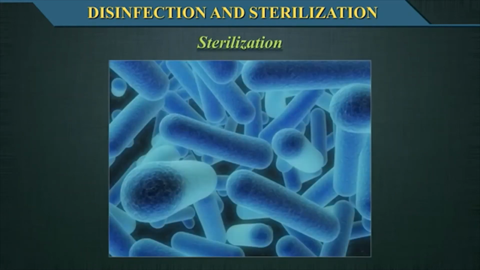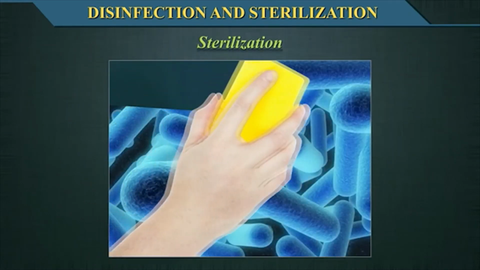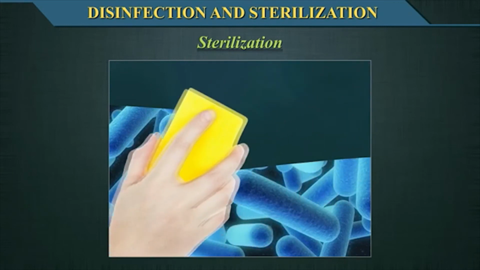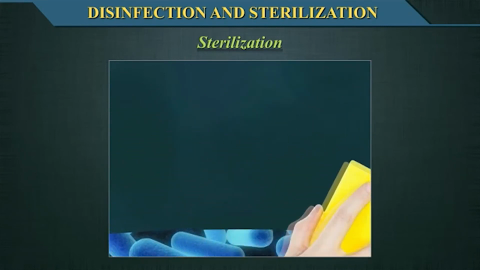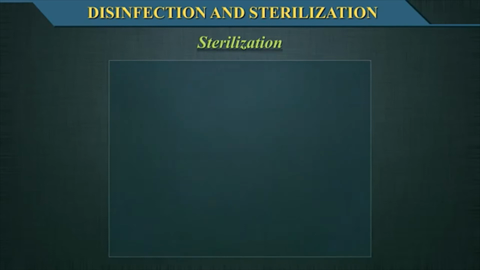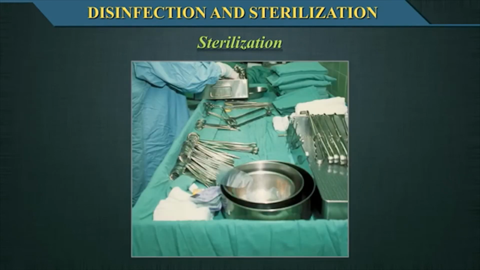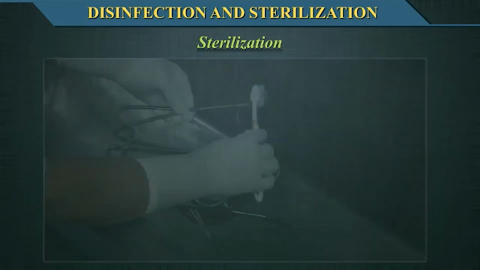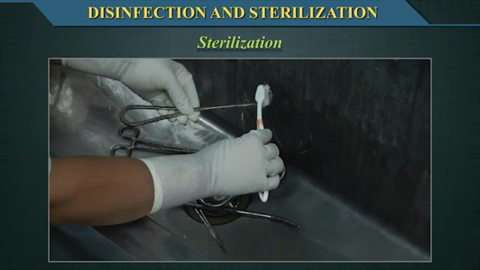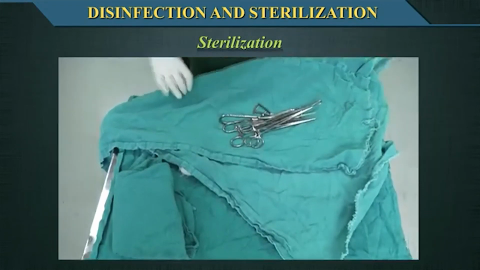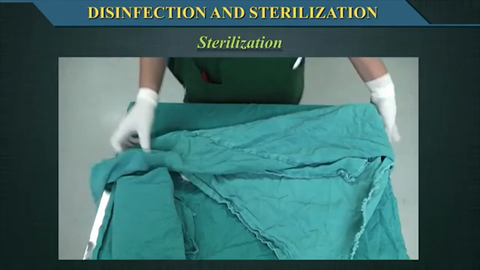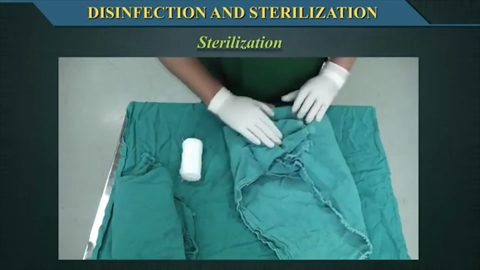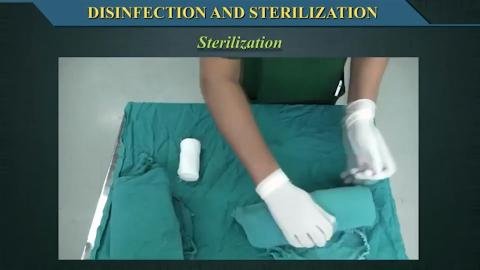Sterilization. Sterilization is the destruction of all microorganisms and can be achieved by either physical or chemical methods. Sterilization is necessary for medical devices penetrating sterile body sites. Cleaning to remove visible soiling on reusable equipment should always precede sterilization. All materials must be wrapped before sterilization. Only wrapped or packed sterilized materials should be described as sterile.